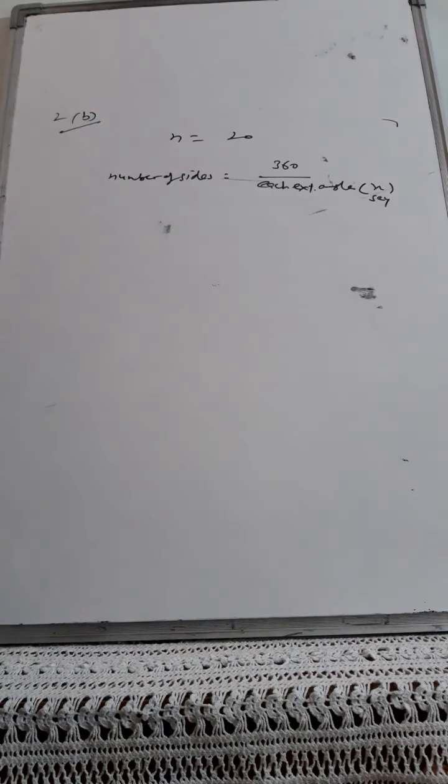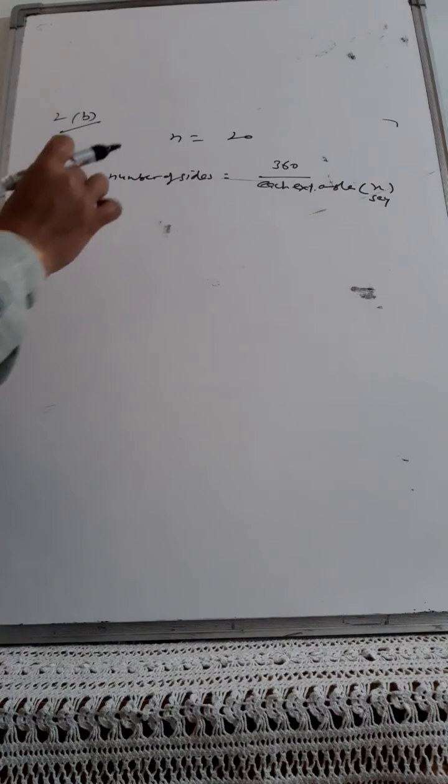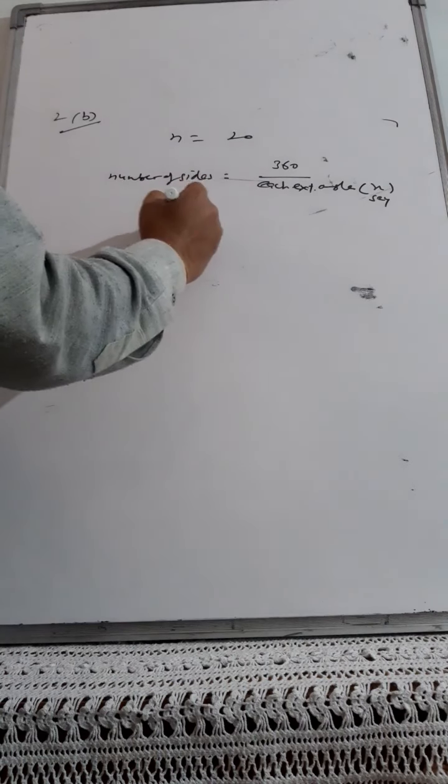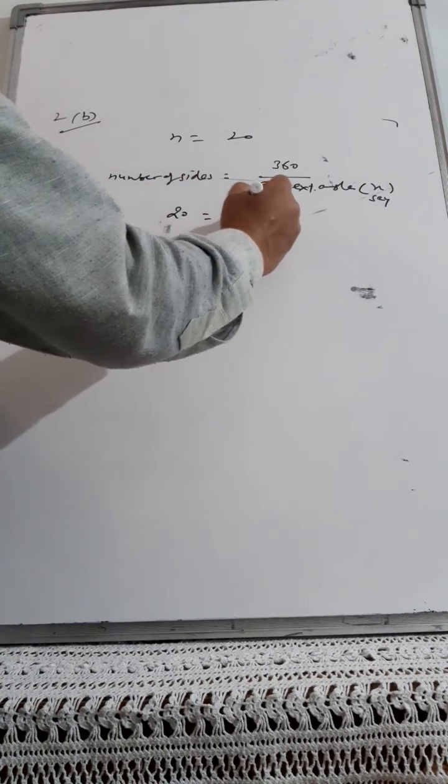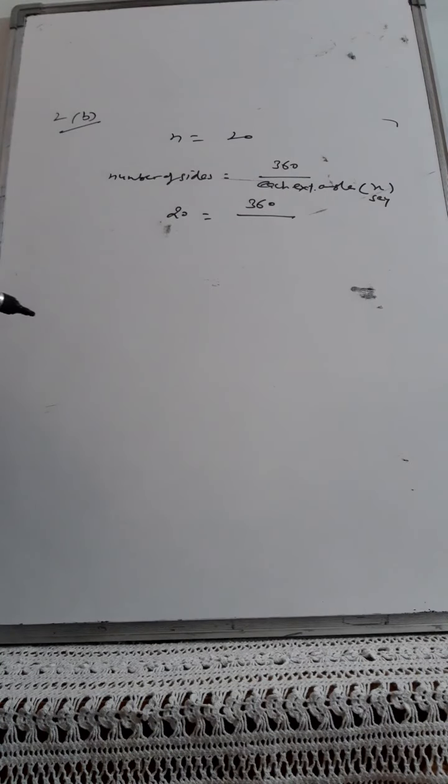Okay, the formula is this much only. So I have to find the interior angle. Interior angle, so I can go for the number of sides. No issues: 360. If I am able to find the exterior angle easily, I can find the interior angle also. I will also share another option with you.